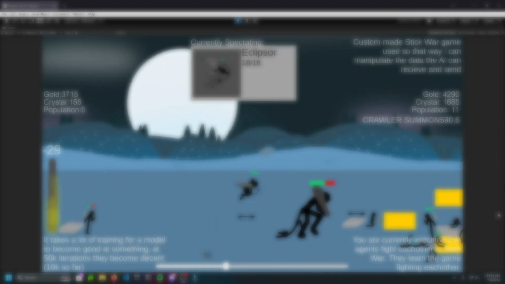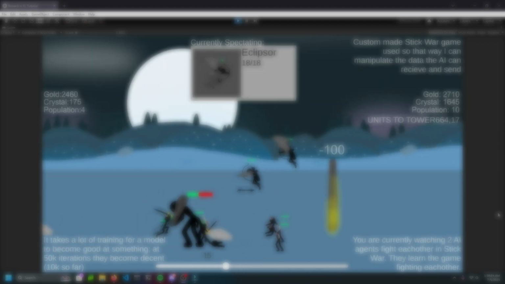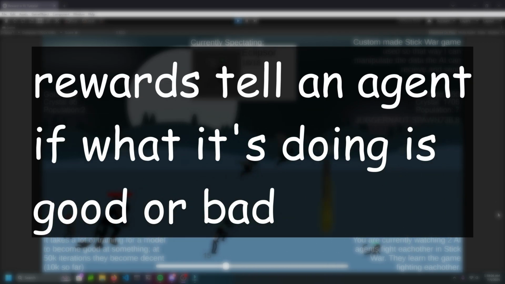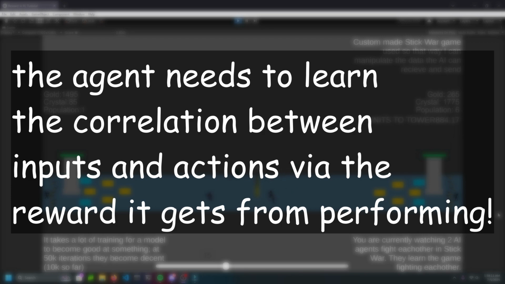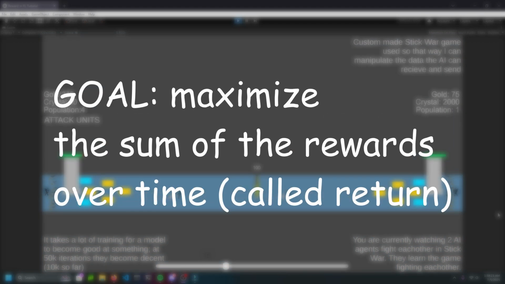Now, why do we use rewards in reinforcement learning? Rewards are the only learning signal in reinforcement learning. In vanilla reinforcement learning, rewards are the only learning signal they get. There's no teacher that tells them the right action. You can only get these numbers, and the agent's job is to maximize the sum of these rewards over time, which we also call the return.